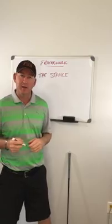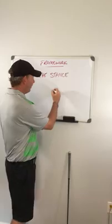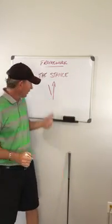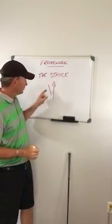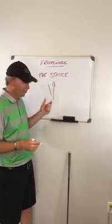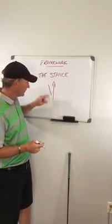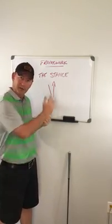The one thing I would recommend, that in most every amateur stance that I see, if their target line is right that way, their shoulders are generally that way. This causes a lot of problems for the amateur. The pros will set up this way when they intentionally want to hit a cut or a fade or even a slice, okay? Most amateurs that I know don't want to hit the slice, but they can't stop hitting the slice. And I would say this in your shoulders is a large contributing factor to hitting a slice,